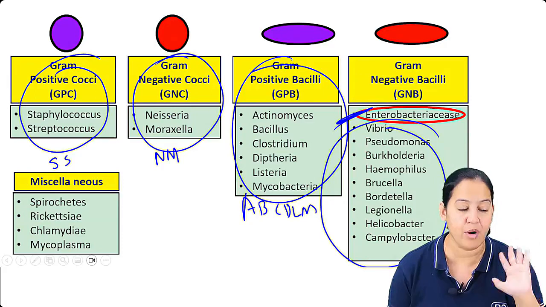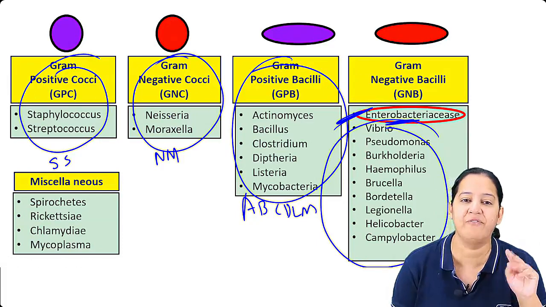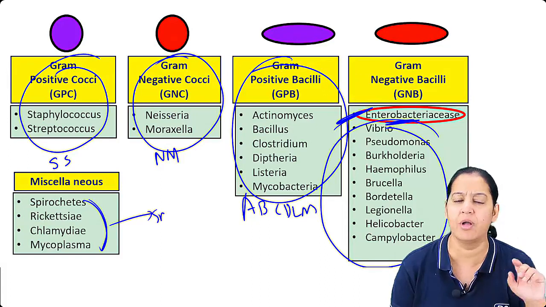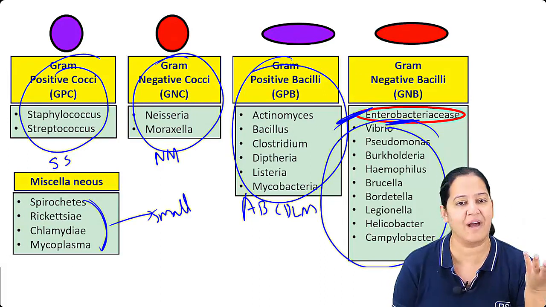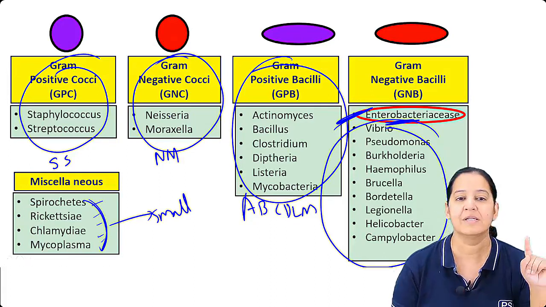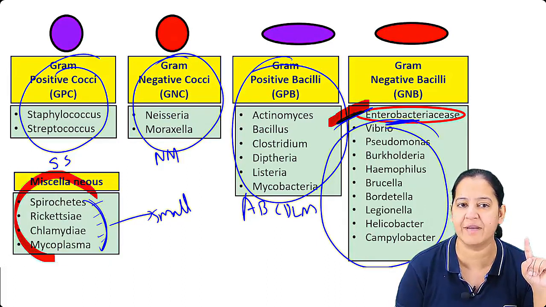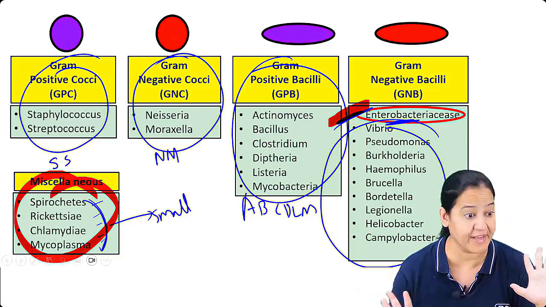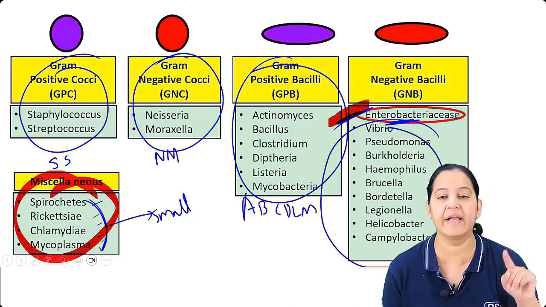So today, what is pending in the bacteriology is Enterobacteriaceae number 1 and the 4 miscellaneous bacteria. These are very small. So we first let finish the bigger portion Enterobacteriaceae. After that, hardly 5 minutes are required on the small bacteria. So I will come on the miscellaneous. So this is the portion which is pending in the bacteriology, right? I guess this is the only pending portion, Enterobacteriaceae and miscellaneous. Rest all are already covered yesterday. Those who have missed, they can watch the recording. Please watch the recording. So let me start with